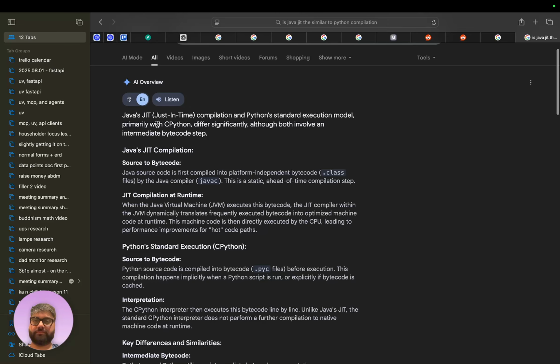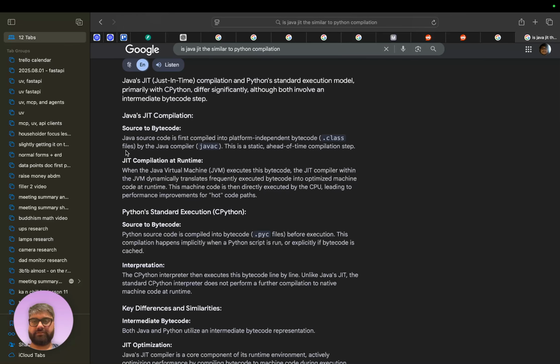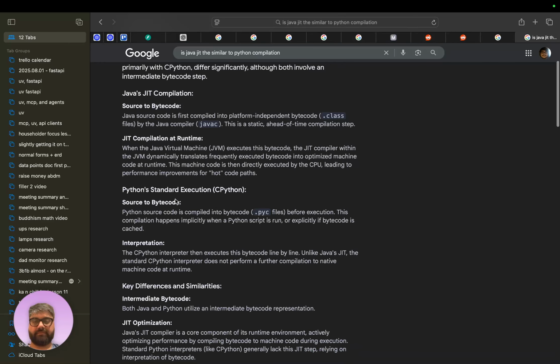See, the source to bytecode step, that's why I said it was just in time. Java source code is first compiled to platform-independent bytecode. That's essentially your cache. It's a static ahead-of-time compilation step. When the JVM executes, the JIT compiler within the JVM dynamically translates frequently executed bytecode.